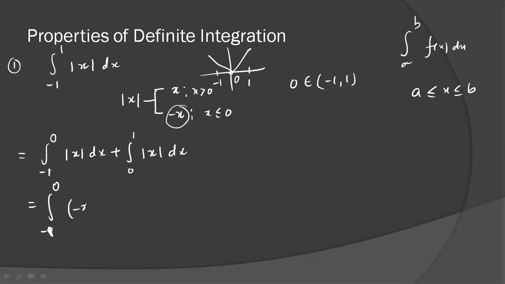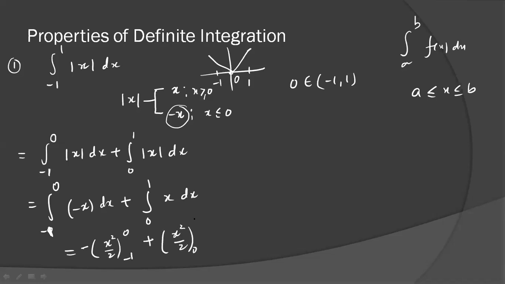Integral minus 1 to 0 of minus x dx plus integral 0 to 1. It means x is greater than 0. Here we can put the equality sign, not necessary. Then it will be x dx. So it will be, taking the minus sign outside, x squared by 2 from minus 1 to 0 plus x squared by 2 from 0 to 1. If we apply the limits here, it will be 0 minus 1 by 2 plus 1 by 2. So it will be 1. If you compute it, you will get the integration.